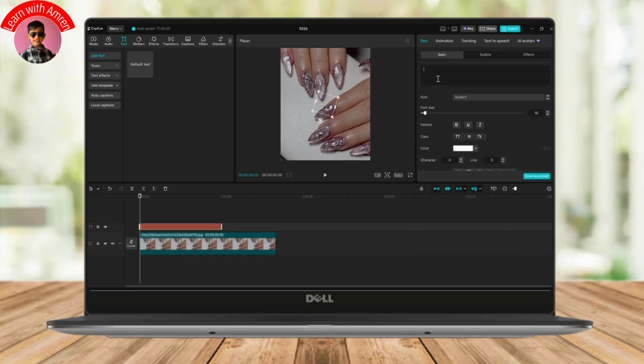Once you've selected red color, you need to come back to the text section. And here you need to just simply press space. And then you will get this kind of interface. You need to just simply adjust the rectangle however you like, or you can also make it a square. And in this way, you'll be able